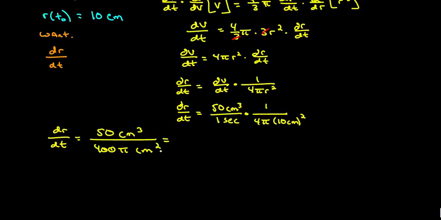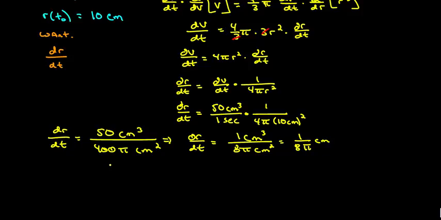All right. Okay. So let's just reduce this. So this implies that dr/dt is equal to 50 divided by 400, which is 1 over 8. So this would be 1 centimeter cubed over 8 pi centimeters squared. So 2 of the centimeters cancel out, and I'm left with 1 over 8 pi